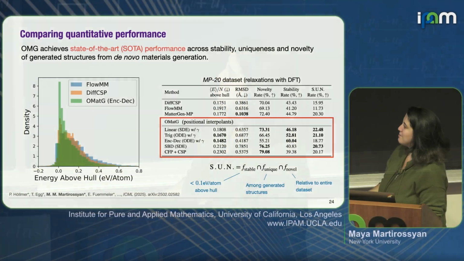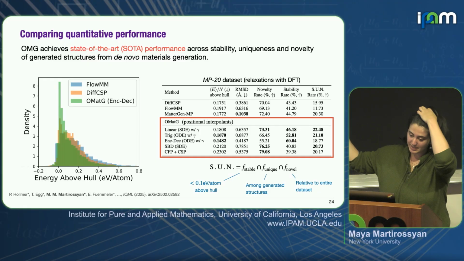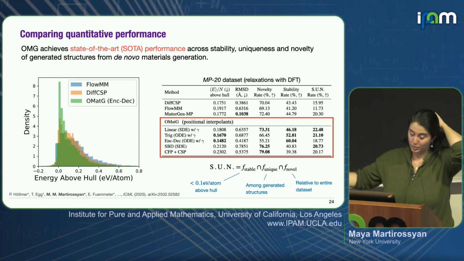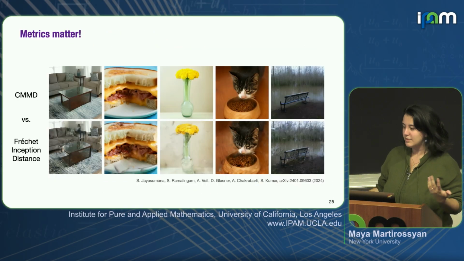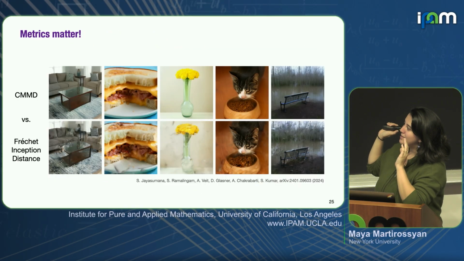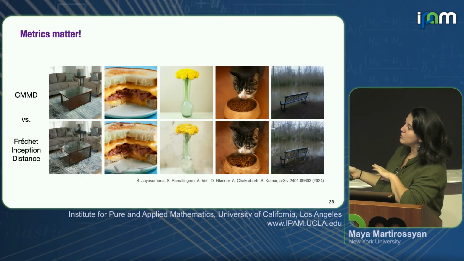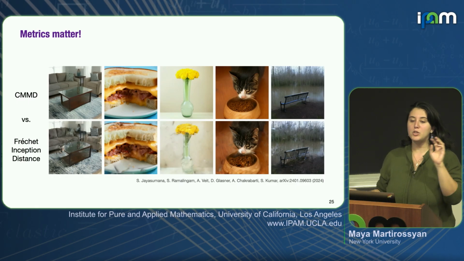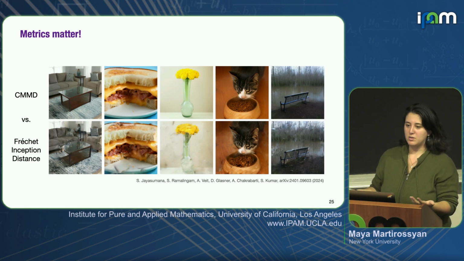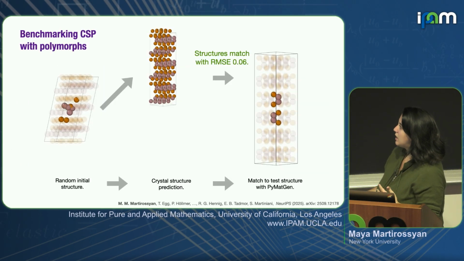Okay. So this was the work. It was exciting. We were trying to understand why some interpolants work better than others, but then we ended up getting distracted with thinking about data and benchmarks. I'm just going to skip this, but the point of this slide is to show you that metrics matter, because as I cited before, we choose what our best models are. We push our hyperparameters in directions that meet our benchmarks. So if our benchmarks are bad, we're going to learn bad models by bad hyperparameters.